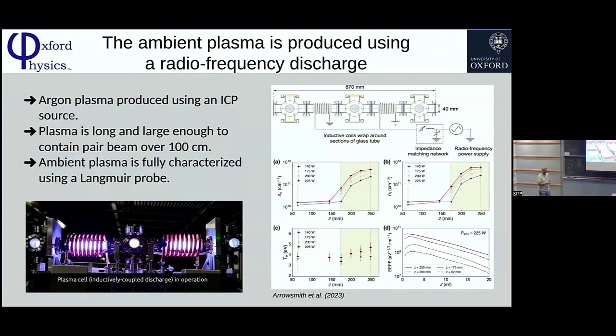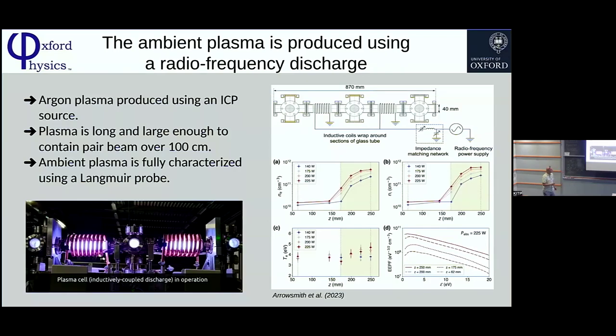And first of all, we need to create a plasma, and there are many ways to create a plasma. We did this experiment at CERN, and those are major experiments, right? We are a university lab with limited resources, so we couldn't spend millions of dollars to do something that cost at that level.